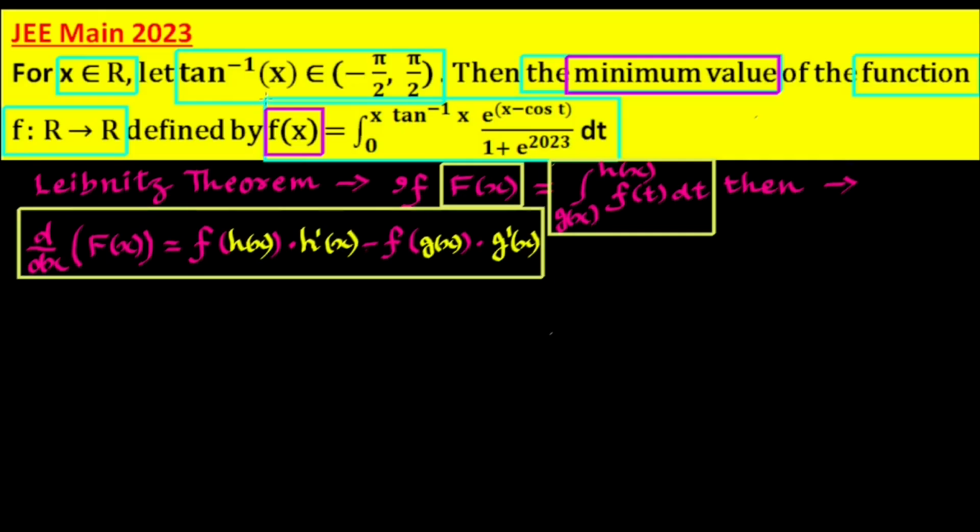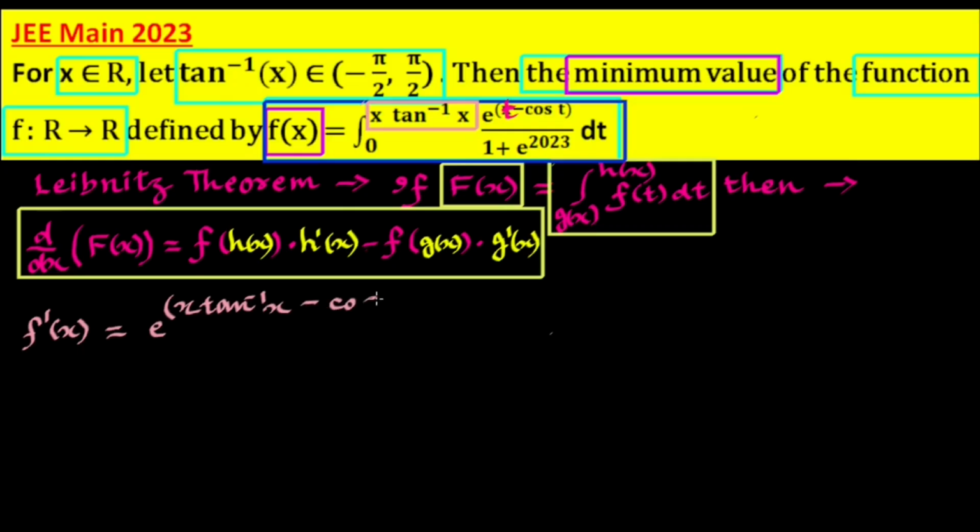Now, for this given function, we can find its derivative by using this formula as f dash x equals e power. Let me make one correction here. Here there is t and not x, so it is e power t minus cos t. Continuing with the derivative, e power, we have to replace t by the higher limit first, which in this case is x tan inverse x. So x tan inverse x minus cos, we have to replace t by x tan inverse x